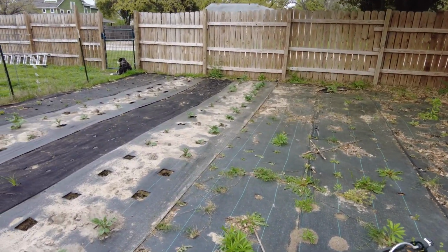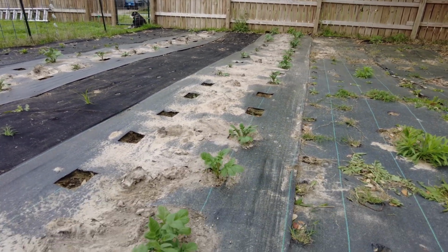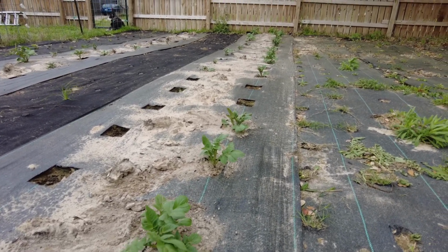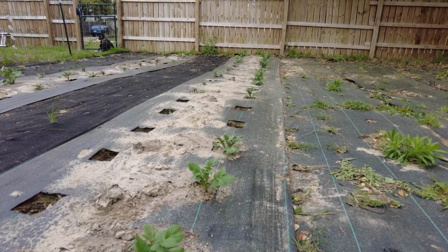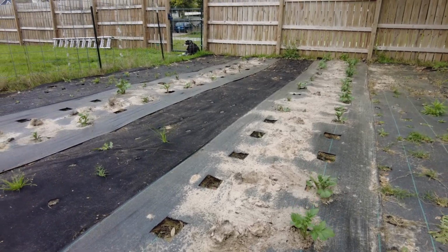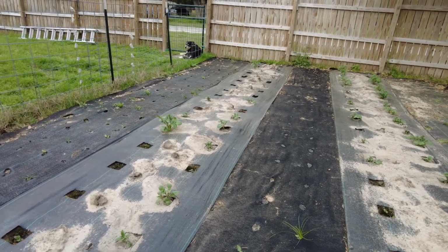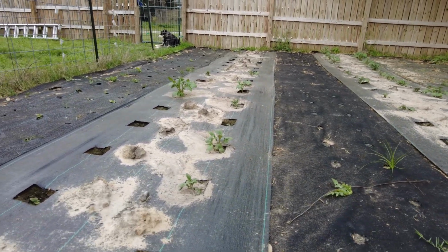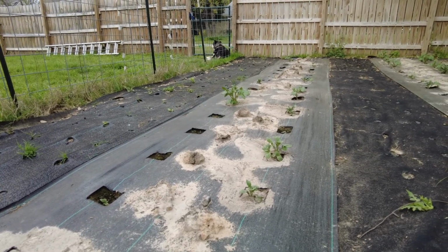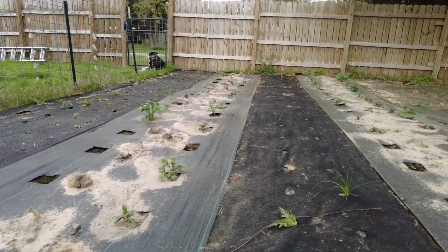But over here on the left side, we have potatoes coming up. So most of these have sprouted up high enough that we have added more dirt, and then we will just let them go. There's a few where there's no potato that you can see, but they are started in there. They're just really small and short. And I think the issue with those was they got too wet, especially over here on this side. This ground just stays more wet. And potatoes like well draining soil, so it wasn't ideal,